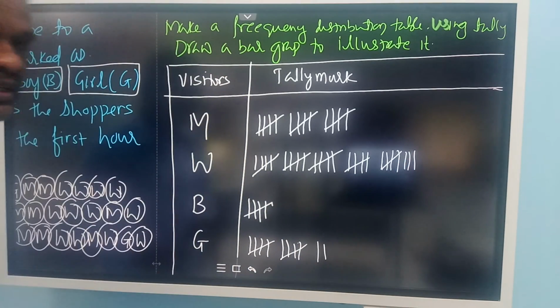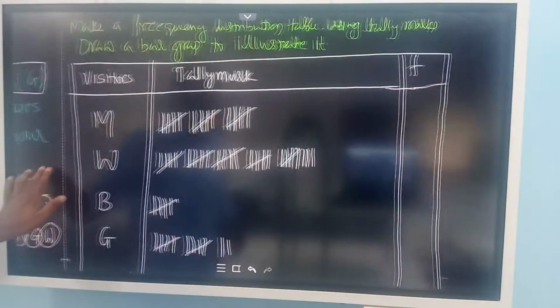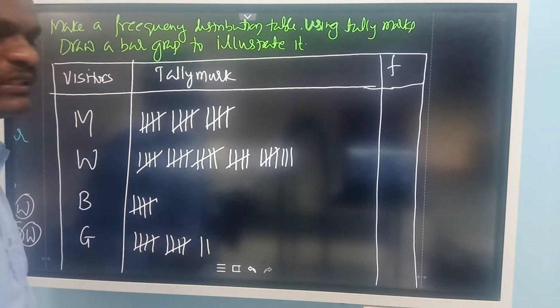I am circling only to avoid mistakes, that's all. There is no other reason for circling. The only thing is that you should not take the same letter again and again. So for that purpose I am doing it like that. Now the tally marking is over. Now count, and easily you can tell.